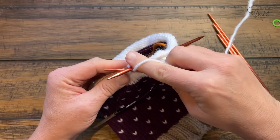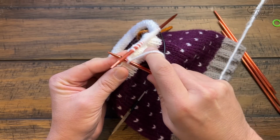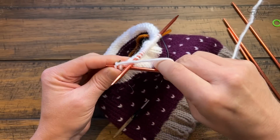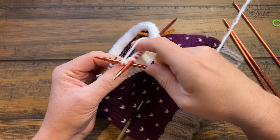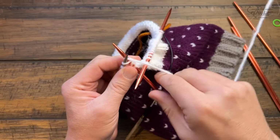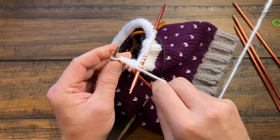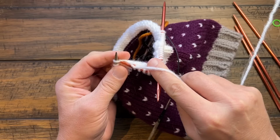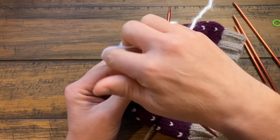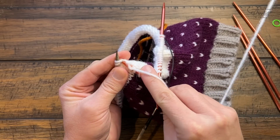And when you do the first one, just tug on it with your finger to tighten it, and it's the second one that matters the most. So just go around that needle. And the second one is the last time that you're able to tighten things up. So keep things tight. So this is 2, 3, 4, 5, and 6. And then put the next 2 together, and then do that one more set on this needle,